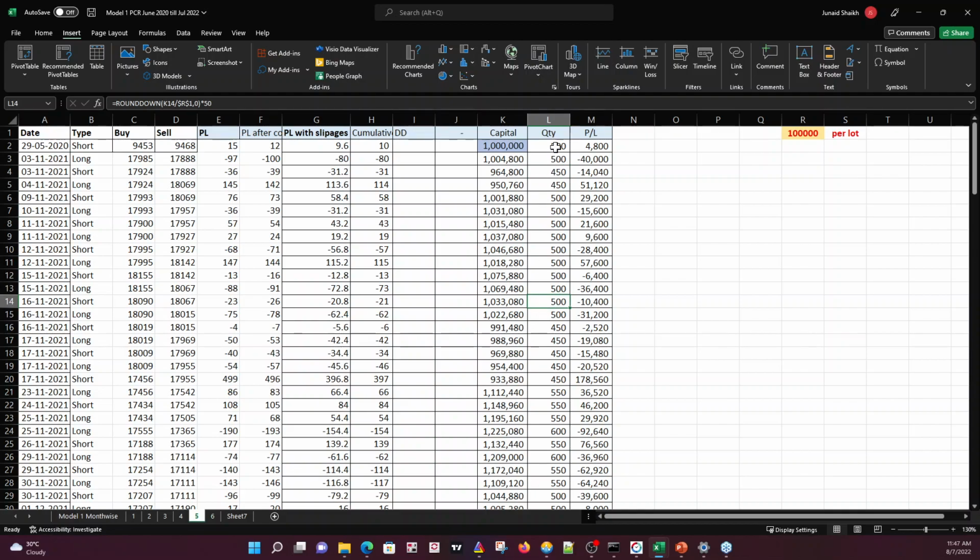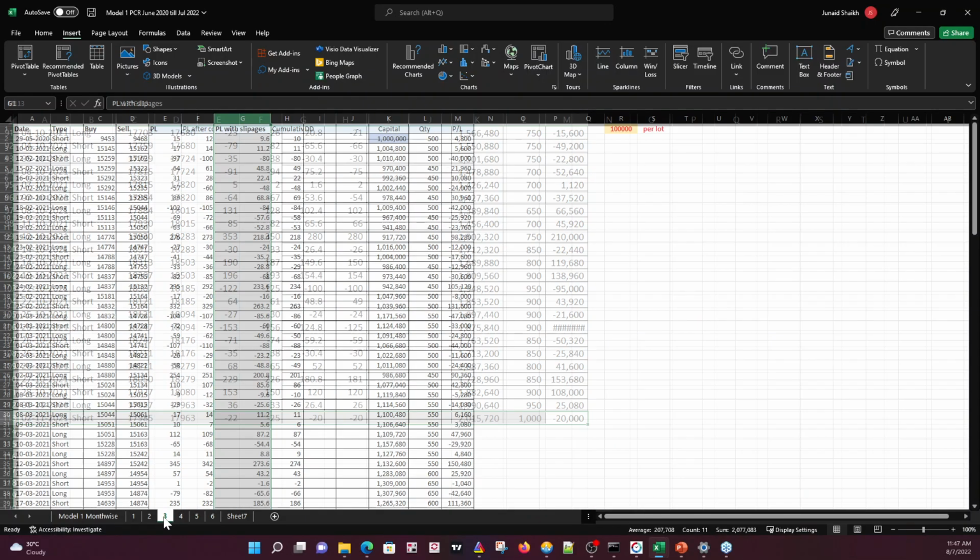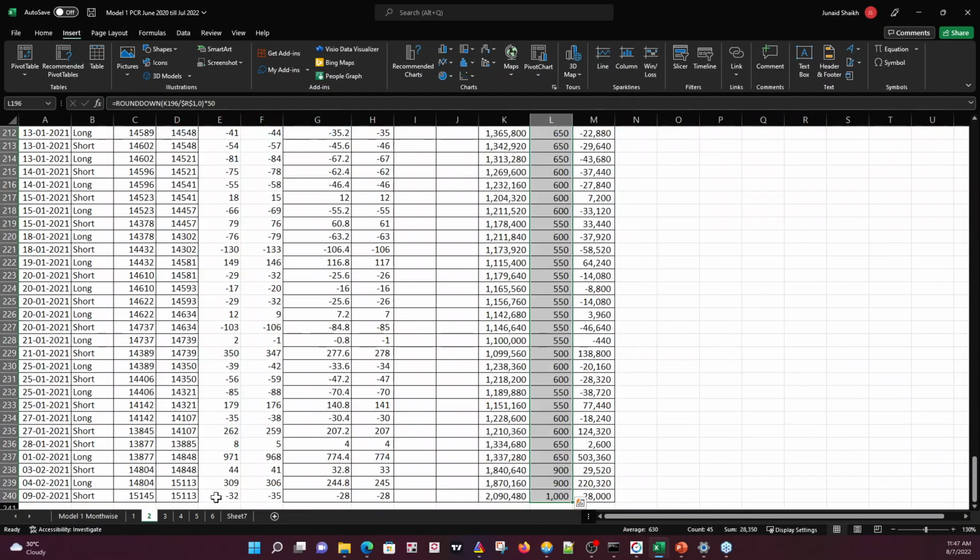Imagine you're starting with only 10 lots, 500 quantity. If your drawdown starts at the start of your trading itself, your drawdown is on a lesser quantity, and if the drawdown keeps growing,